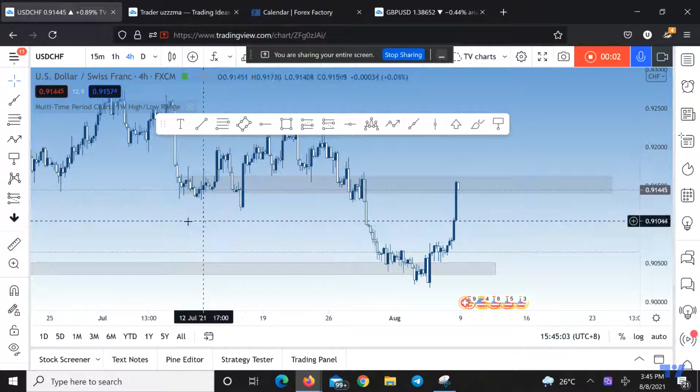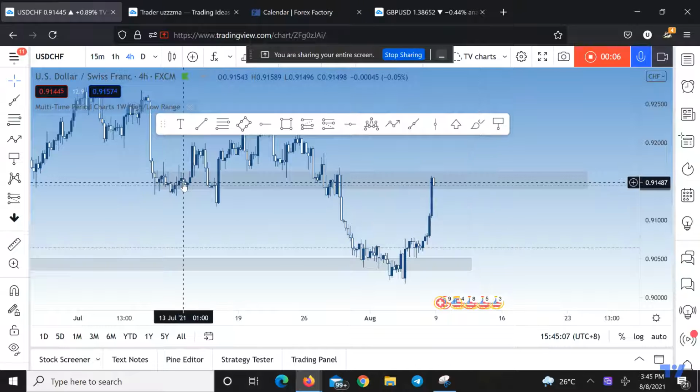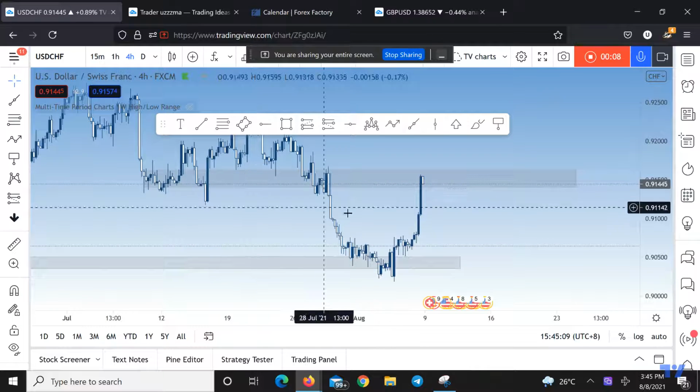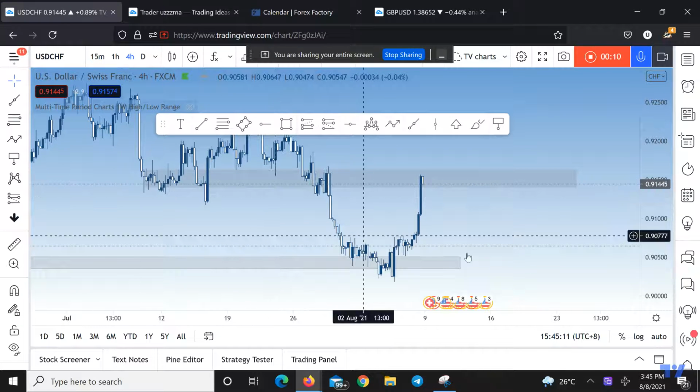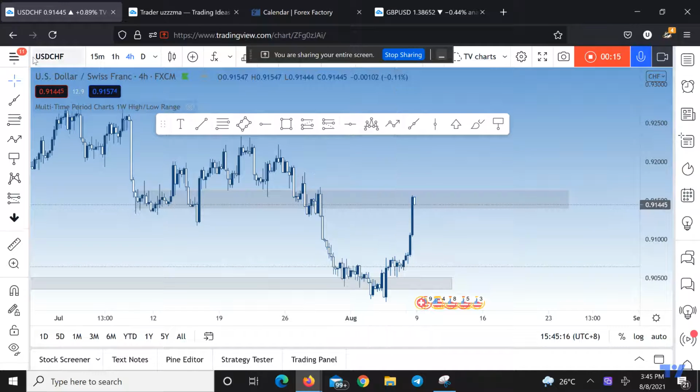Okay, so these were last week's setups that I had plotted and decided to trade, but there were a few reasons why I got off the trade early, but this is how it went. So for USD CHF,